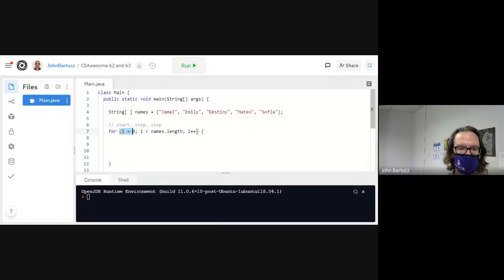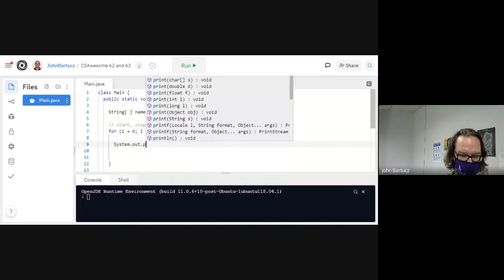So the start is I is 0. It's going to stop when I is no longer less than length, and it's going to step one at a time. So what I want to do is print out